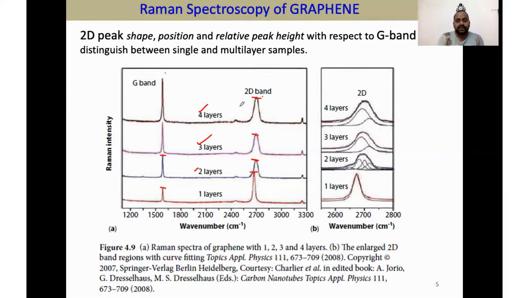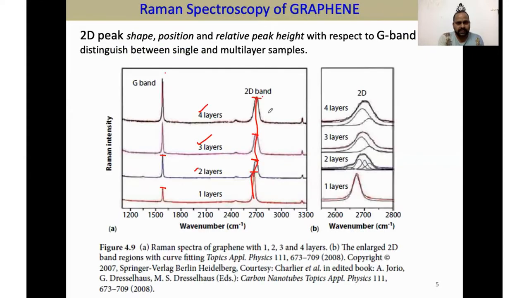See here, even the 1 layer peak and the 2 layer peak positions are not exactly the same. These are always shifting a little bit toward the right side, the higher centimeter inverse side. See, there is a slight shifting in the peak. And even these multi fittings are there, which shows there is some kind of defect. Now see the next sample.